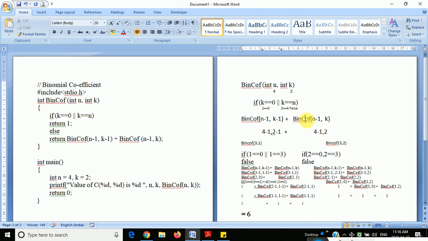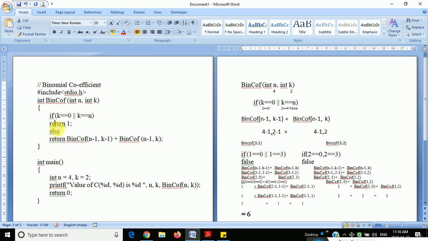The same thing follows here also: 4 minus 1 is 3, and we keep k as it is, 2. After this, again we check the condition. So now 1 is there. Is 1 equal to 0 or 1 equal to 3? Here also the condition will be false.